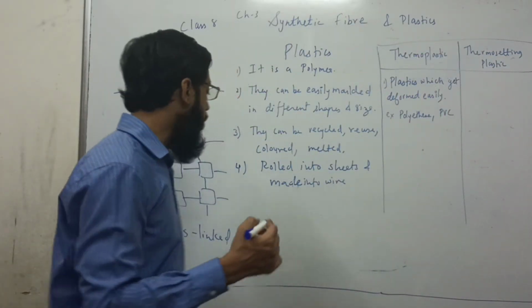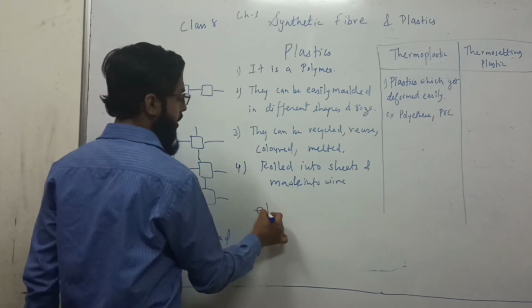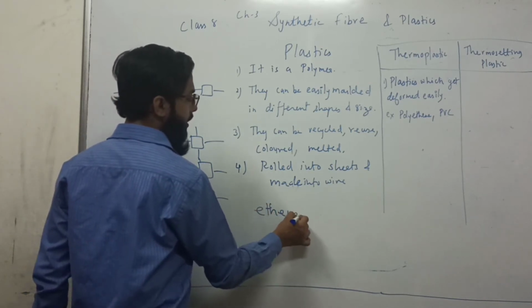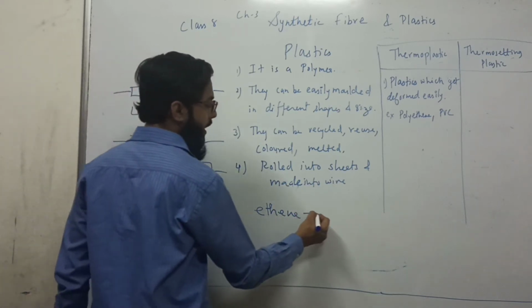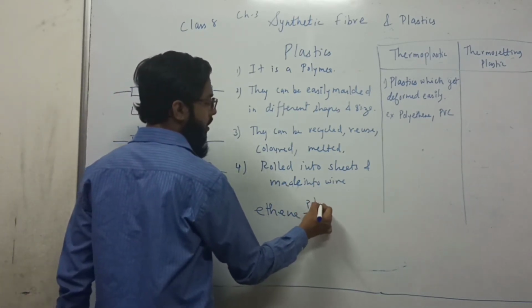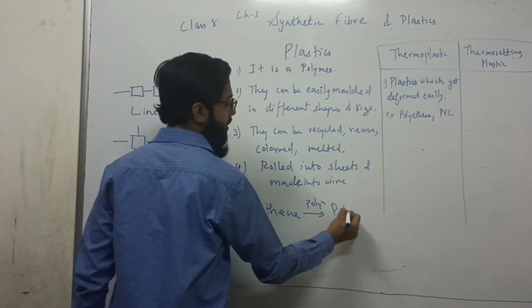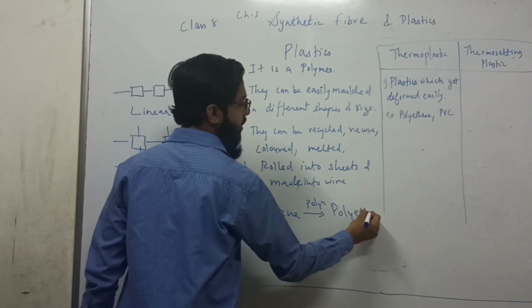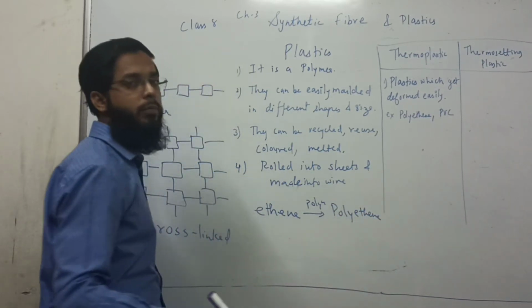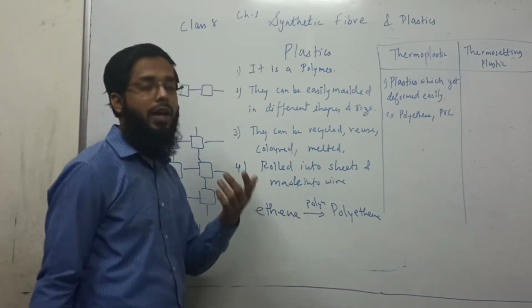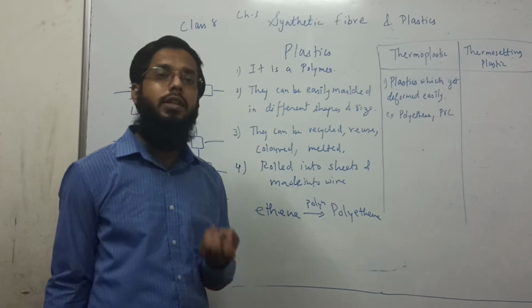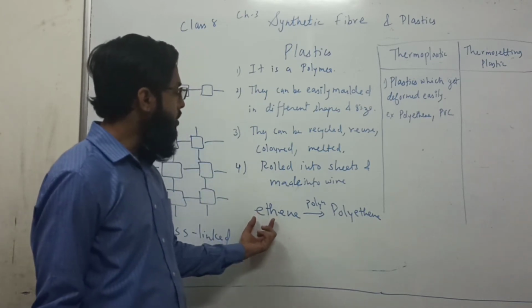Polythene bags are also polymers. Just look over here. Ethene is a chemical compound we will learn about in 10th standard. If polymerization occurs, it will form polyethene. So it is polyethene, but we say polythene bags. The plastic bags, which we call polythene bags, are actually a polymerization of ethene.